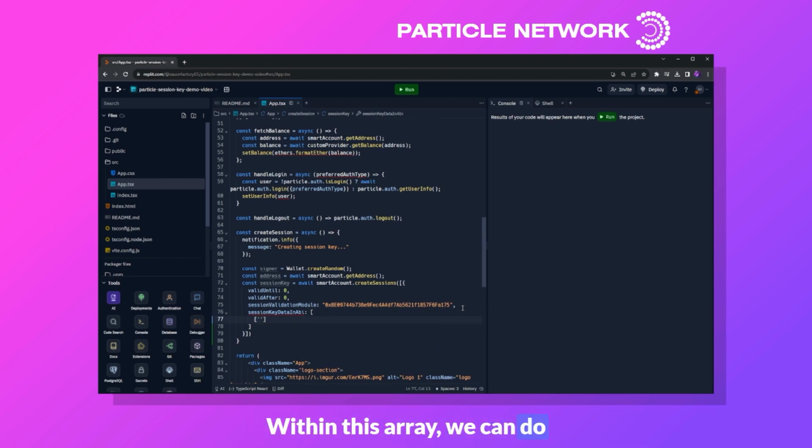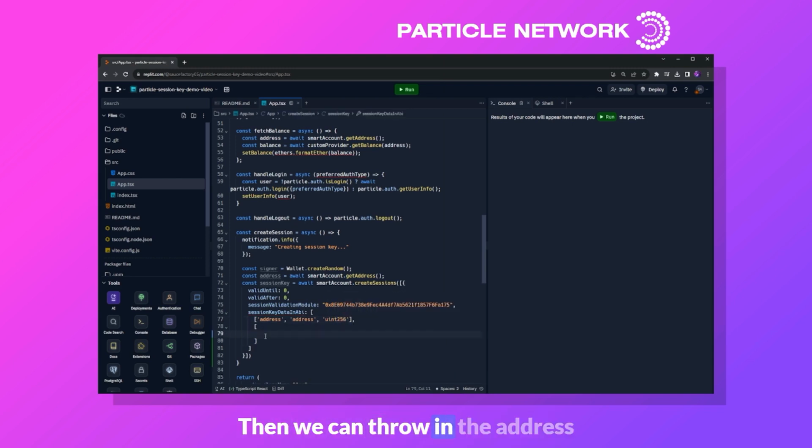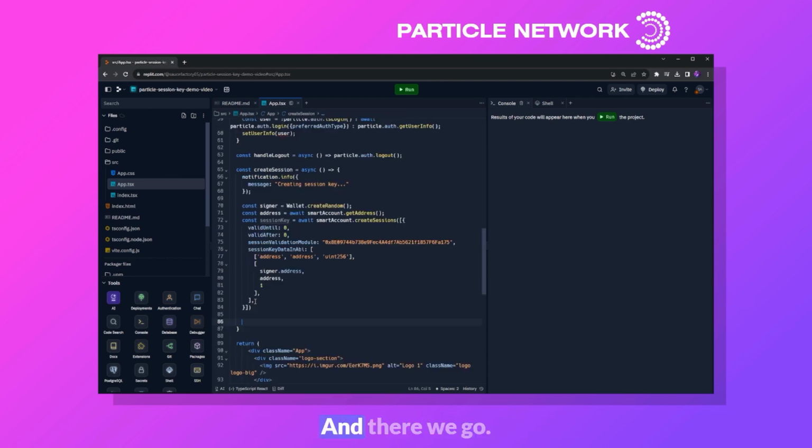Within this array, we can do address, and uint256. Then we can throw in the address of the account that we generated in the signer variable alongside the address of our smart account. Then we can go and pass in 1, and there we go. That'll basically create our session key, although we'll need to sign and validate this with await